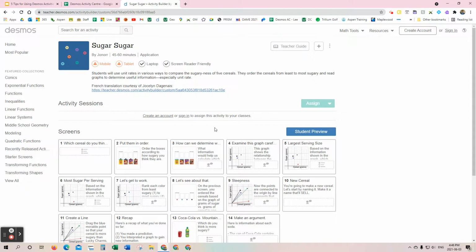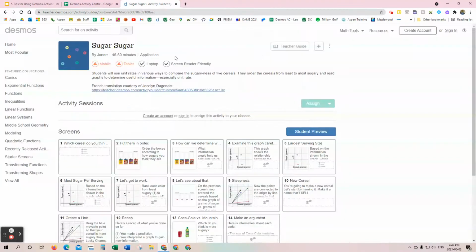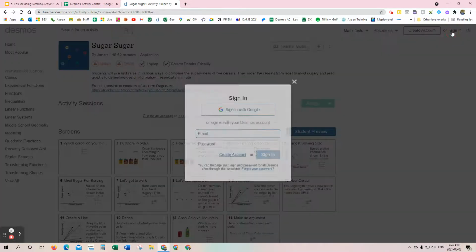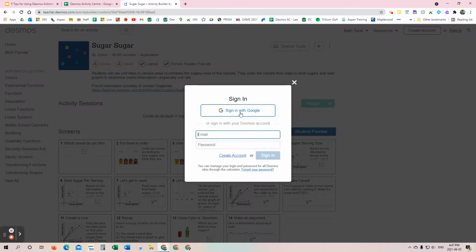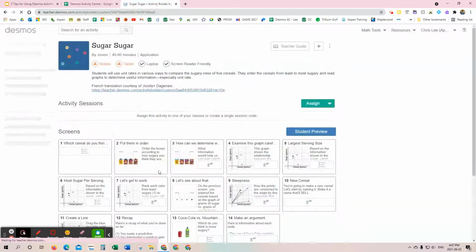I'm like, okay, good. Now, the first thing I usually do when I find an activity I like, I want to go off and include it into a collection. But you'll notice that I have not signed in to teacher.desmos.com. This was my first time here. So I would recommend that you click on the sign in button. You can either do it here or when you try and do something, it would go off. But to click on this, I would recommend you sign in with Google